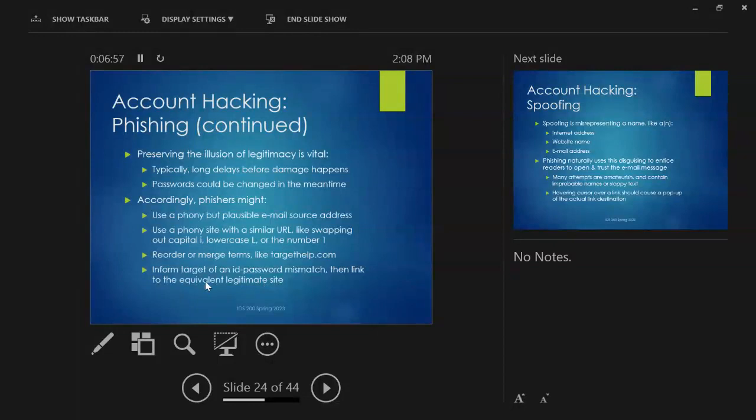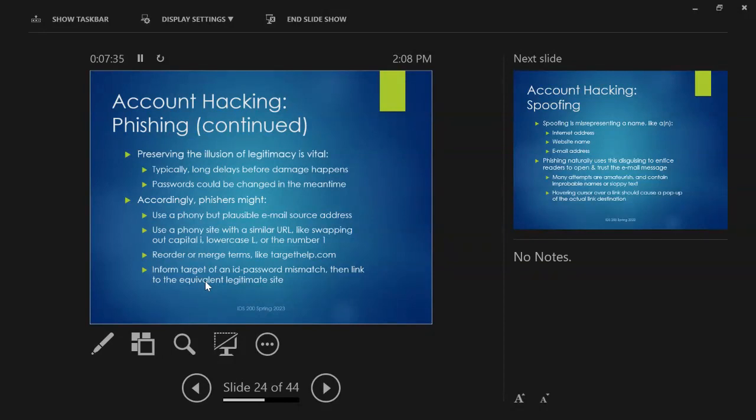And of course, at the end, the biggest trick of all: after you go to their site and you give them your ID and password, what they'll probably do is something like, please accept our updated password. Here's the one we recommend for you. Or they'll have a screen below that says, here, enter in your new password here. And then they'll redirect you back to the site that you were supposed to go to, right? So you update your password on targethelp.com and they say, thank you. Now we're going to log you into target.com because we want you to keep shopping. But then they still have your keys, right? Because you typed in the new password.